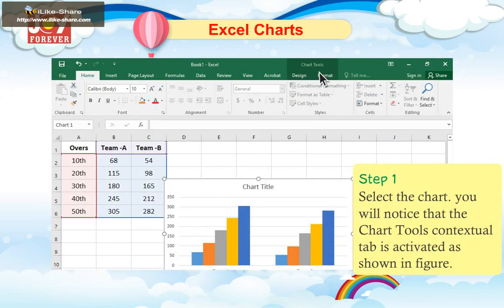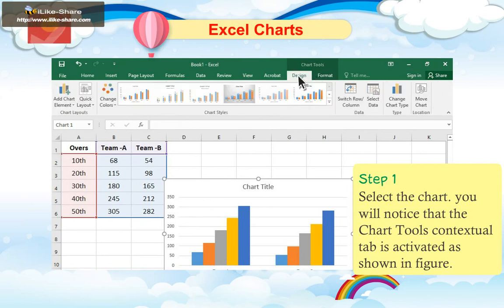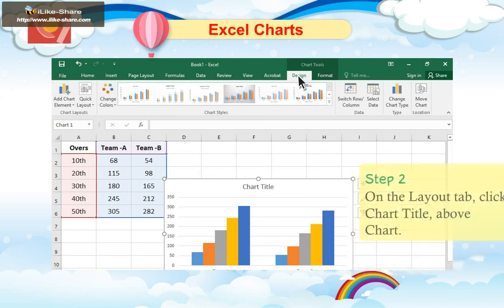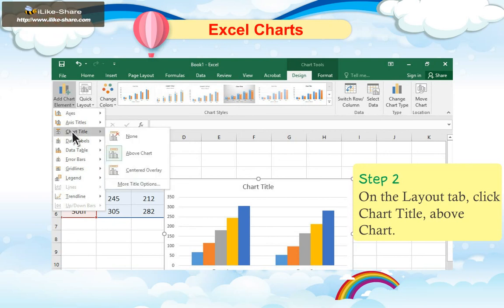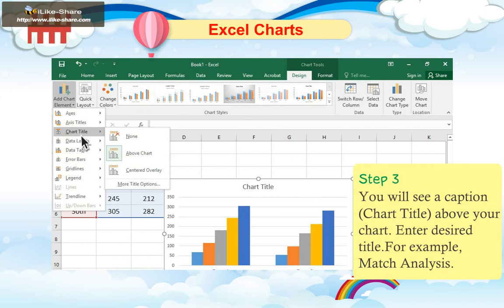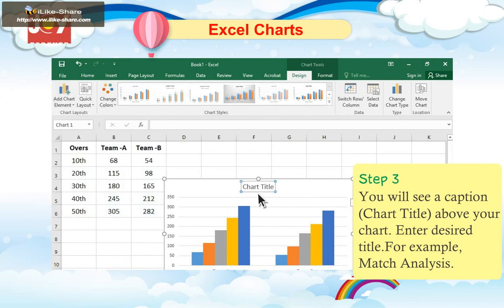Step 1. Select the chart. You will notice that the Chart Tools contextual tab is activated as shown in figure. Step 2. On the Layout tab, click Chart Title above Chart. Step 3. You will see a caption Chart Title above